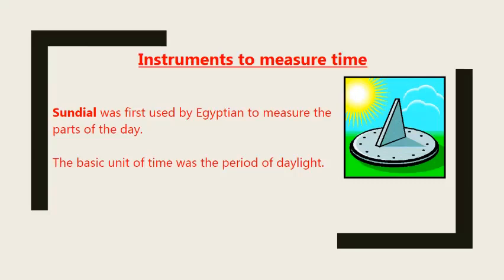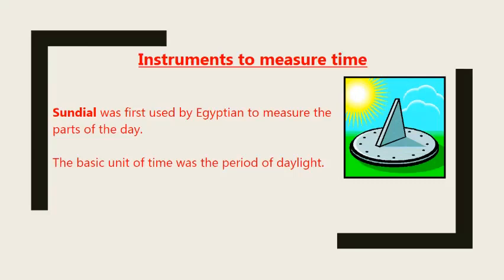The basic unit of time was the period of daylight. For a long time, it was measured with the shadow of a vertical object, that is a sundial. It is also known as a sun clock. This instrument was first used by Egyptians for measuring the